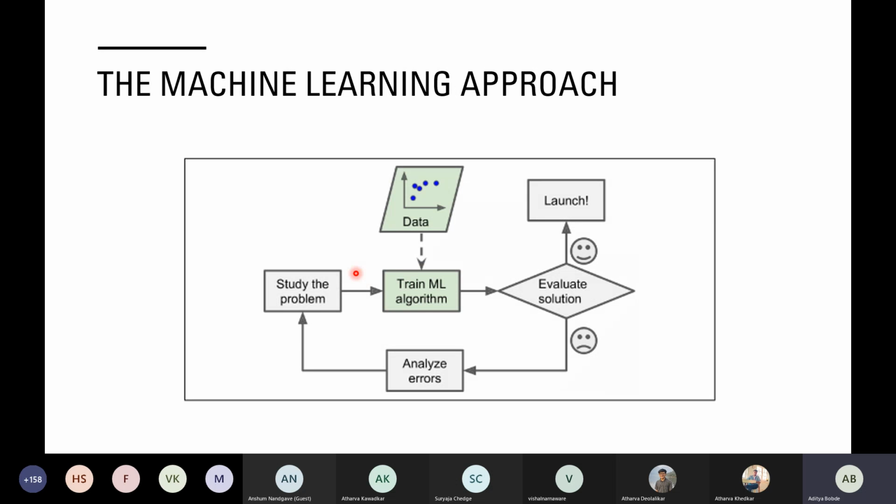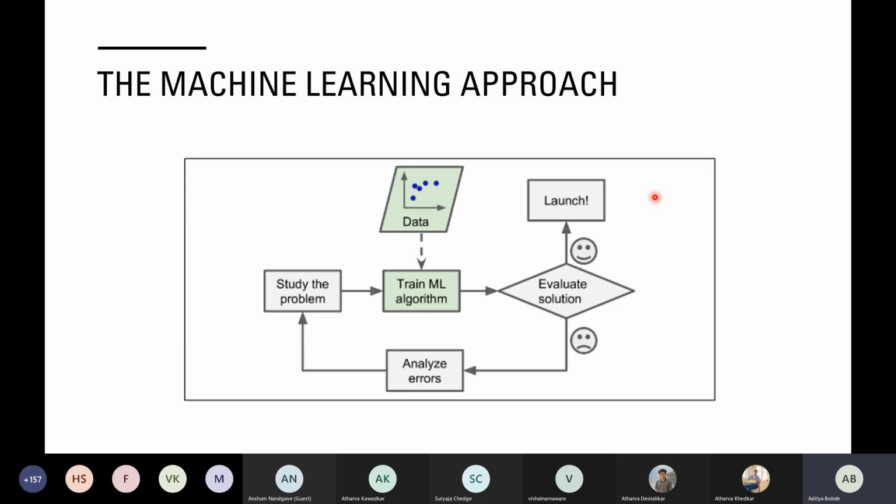So we'll now be moving on to the machine learning approach. What will machine learning do? You have a problem like classifying a mail as spam or not. So you have your different algorithms, and you will provide lots of data which you have collected, and the data will be fed into the machine learning algorithm. It will try to figure out some patterns. Suppose the mail contains lottery, surprise, gift, iPhone. On the basis of that, it will try to figure out some pattern and it will evaluate. So that's a quicker approach, and the machine automatically learns over a period of time.